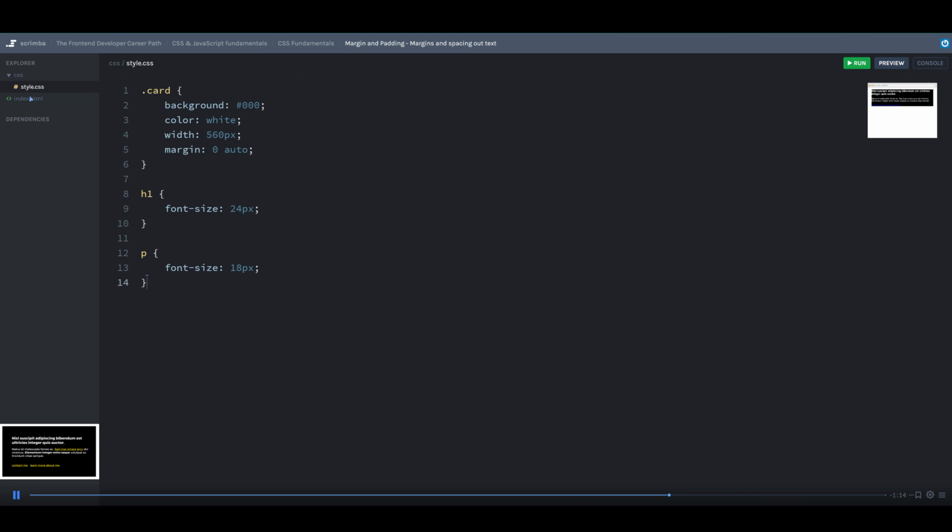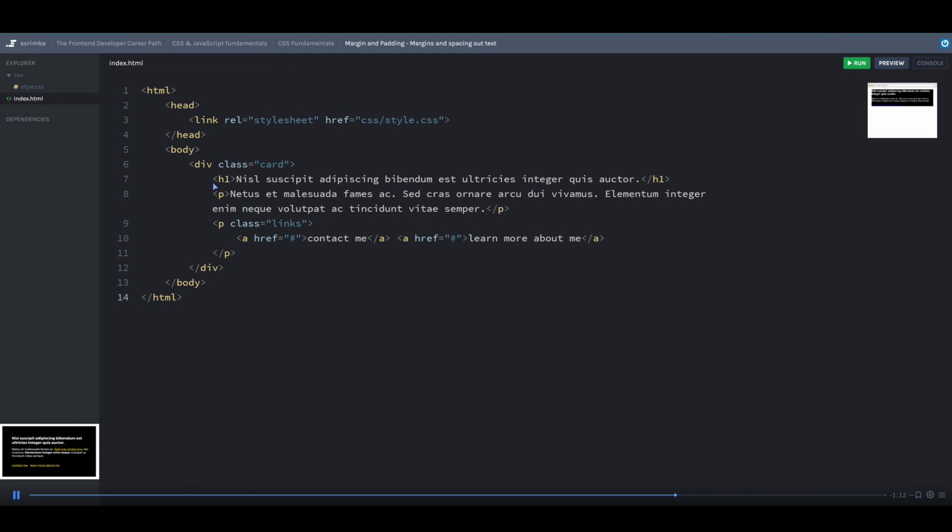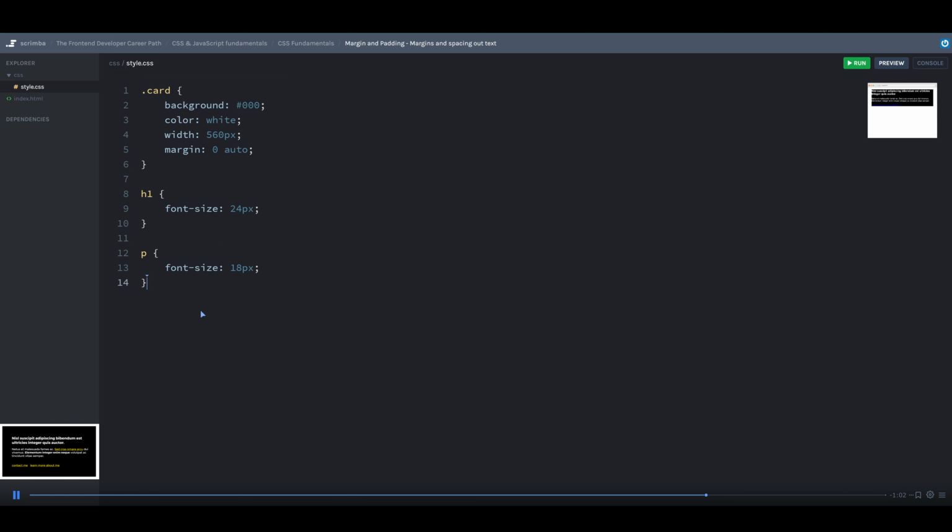Great, so let's go back and look at my index here, and we can see that, as I mentioned, we have a regular paragraph, and then I have a paragraph here, but this one has a class of links on it. That means I can select this class without selecting my other paragraph. So we'll go ahead and do that. We'll come here, and we'll do dot links, and open and close curly braces,